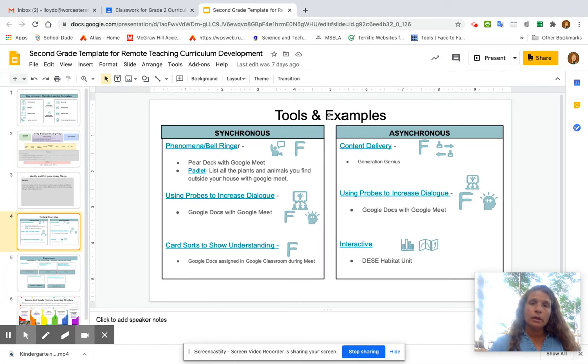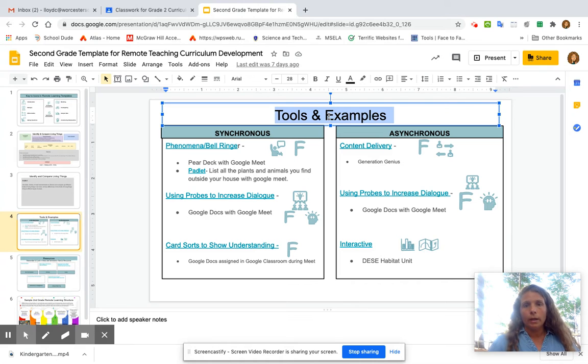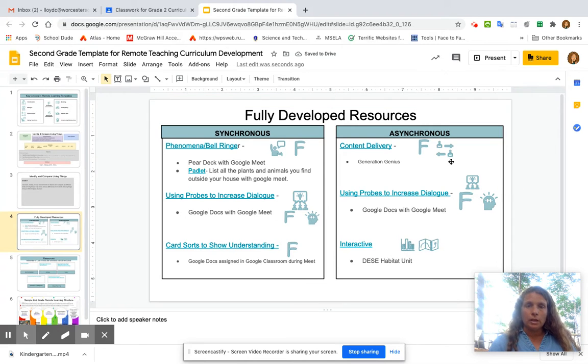Now, this is really the slides that we want to be looking for. And these are what we're calling our fully developed resources. I'm going to name that and just be as transparent as possible here. So what I'm going to do as a teacher is I might look at some of these fully developed resources, and I might use some of them to make my 45-minute lesson that I might do twice a week with students. So if I'm doing second grade and I'm doing this standard, which is identifying and comparing living things,